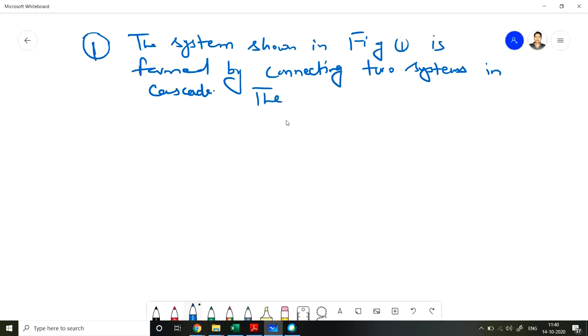The impulse responses of the systems are given by